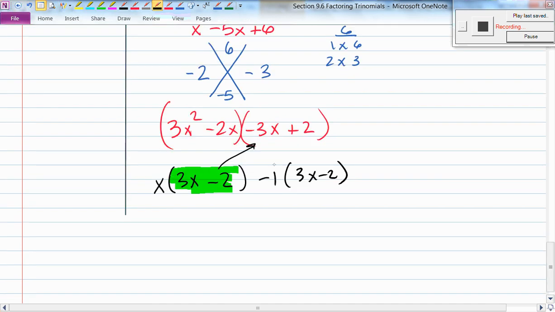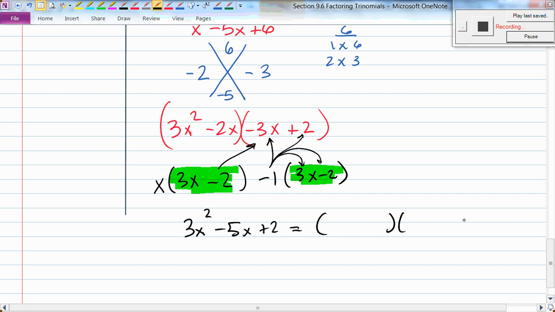And if you want to check really quick, go ahead. Negative 1 times a 3x, that's a negative 3x. Negative 1 times a negative 2, that's a positive 2. Your life is good. Do those match up? Yes, they do. Therefore, the answer is staring us in the face. So 3x squared minus 5x plus 2 can factor to the product of two binomials. Give me one of the products. 3x minus 2. Give me the other one. X minus